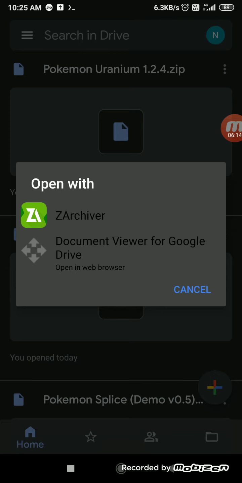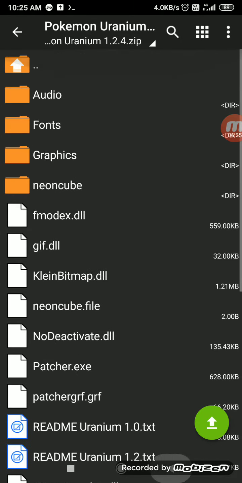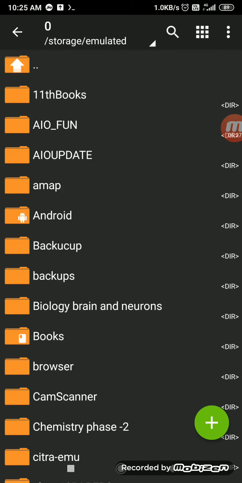So you have to download GRChap. It is used to extract zip files, and I've already extracted it. So it will show me here, as you can see, and you have to go and extract it in your desired folder.